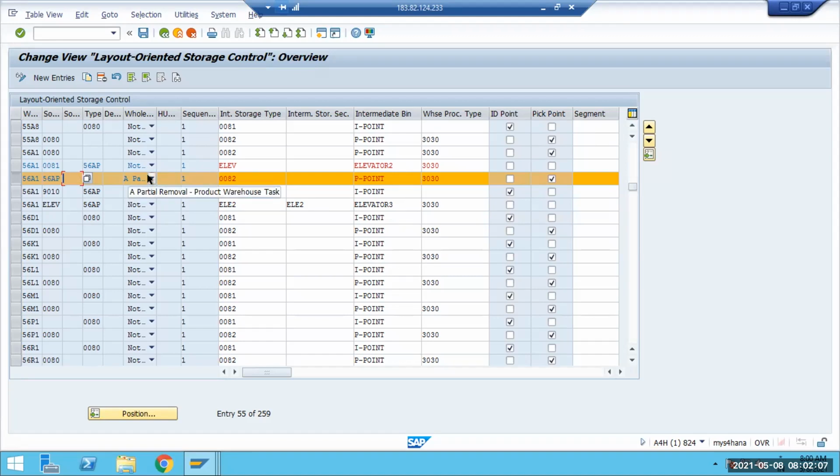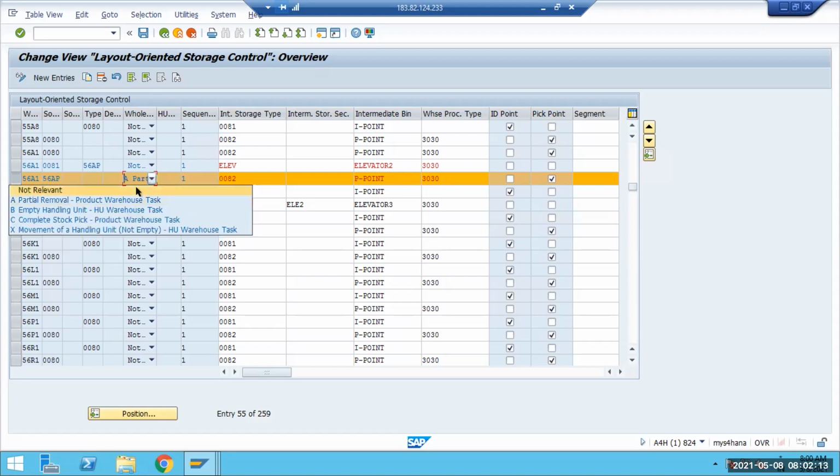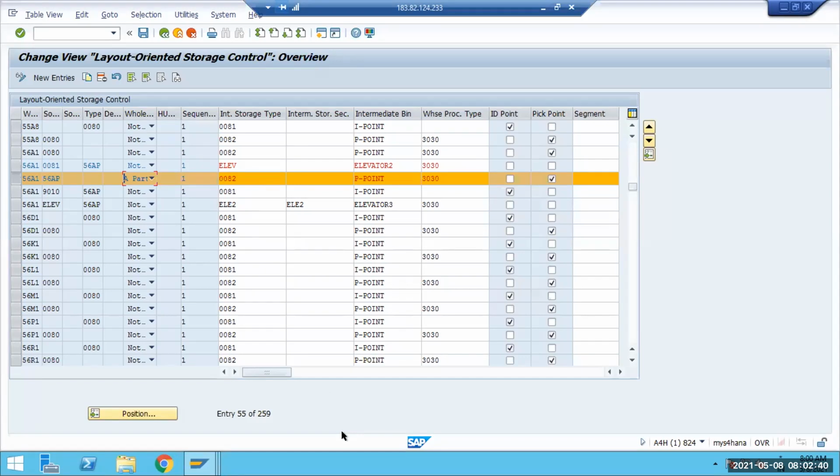I have not run this scenario, Raju sir, but concept wise, this is the case for the partial. If it is not partial, not relevant, then what we were able to achieve in case of inbound, you will be able to achieve for the outbound as an interim stage identification from source 56 AP. But if it is partial, then these things will come into picture, which I have used for the partial one. I have done the setting, but I have not run it for outbound, Raju sir.